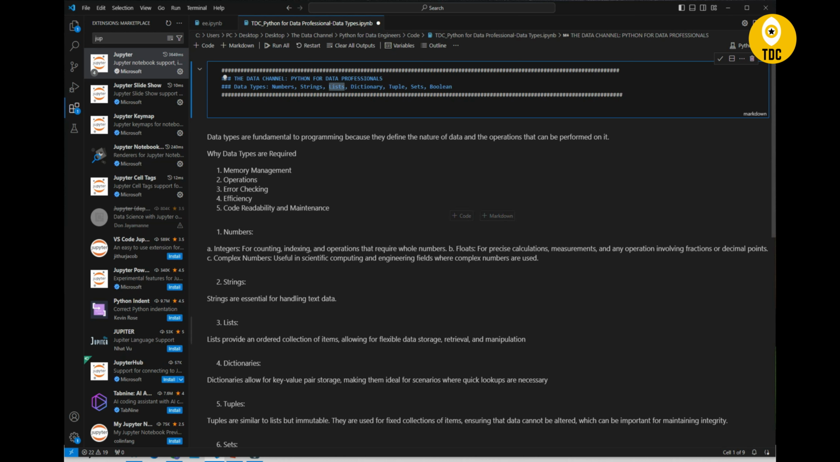And code readability and maintenance. Data type also provides context for variables, making the code more readable and easier to maintain. But the thing is, you need to name the variables in a meaningful way when you are working with a large project, so that it becomes more readable for whoever is working on that, and collaboratively you are working on that. It can easily become readable by just checking the variable names and where they are used and when they